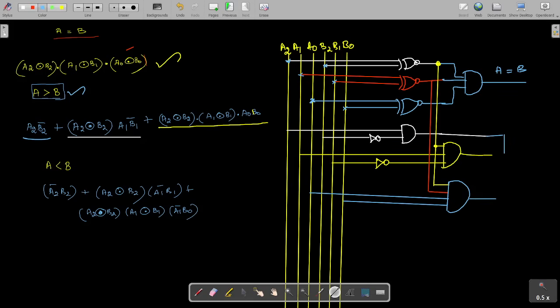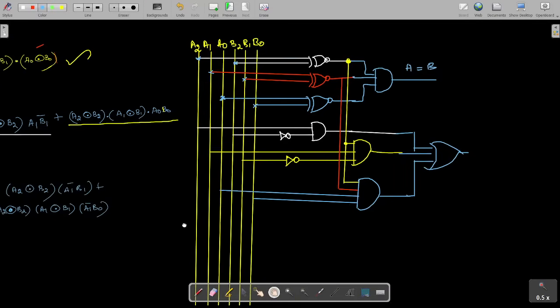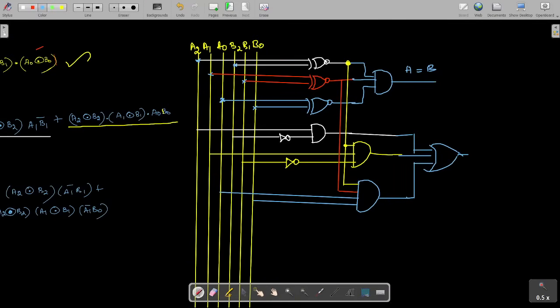They are ORed together. That gives our second output. Okay, second output condition is what it is.